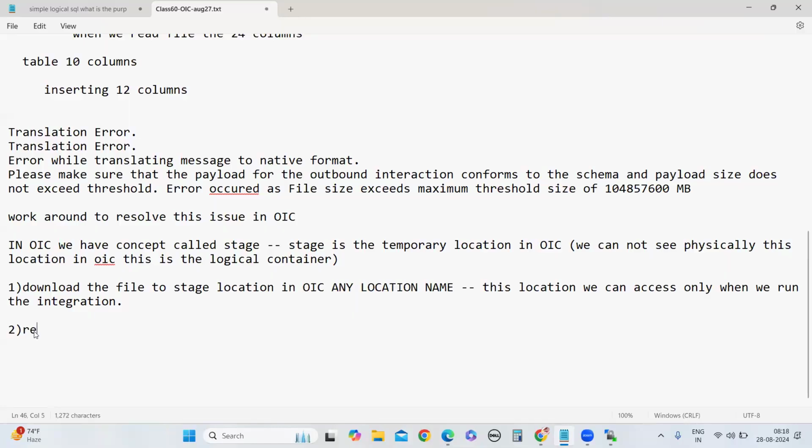Now, after downloading the file to the stage location, there is a concept called read file in segments.